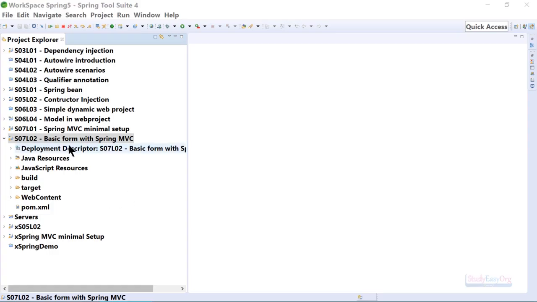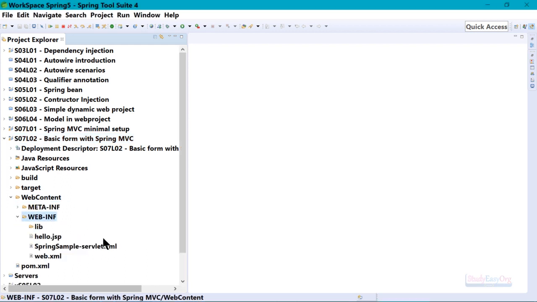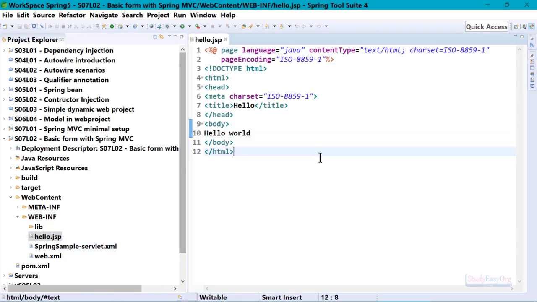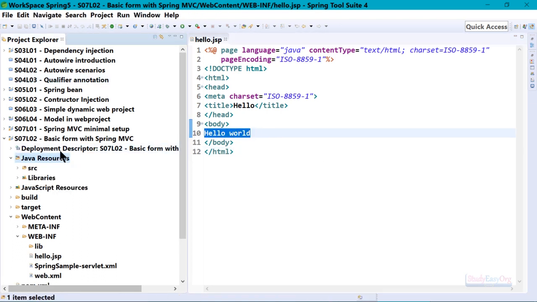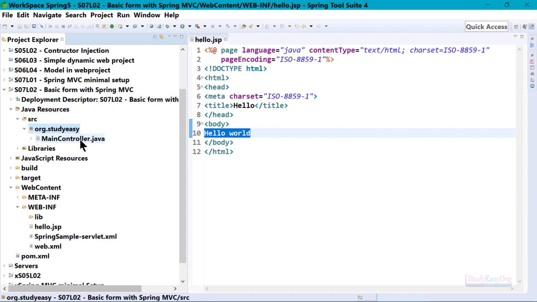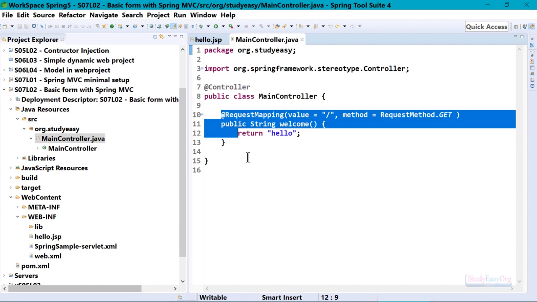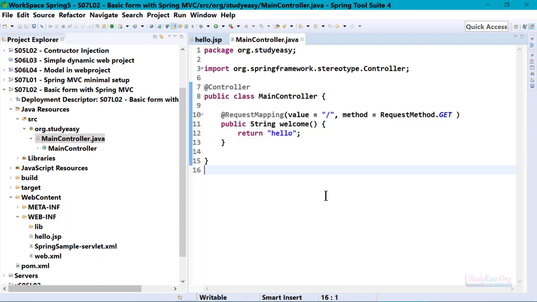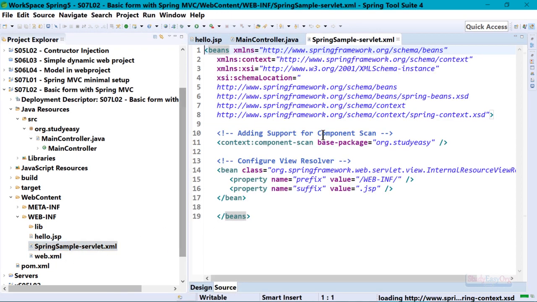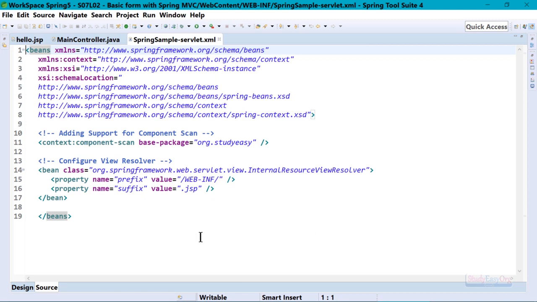In order to save some time, I have already added this project into Eclipse, and let me firstly show you the hello.jsp file where we simply have this text which is hello world. Okay, good enough. We also have the main controller, where we are handling all the requests and responses, and in here we are loading the hello.jsp file using this welcome method. Fair enough. And now finally let me also show you the spring sample servlet XML, and in here we have given the prefix as